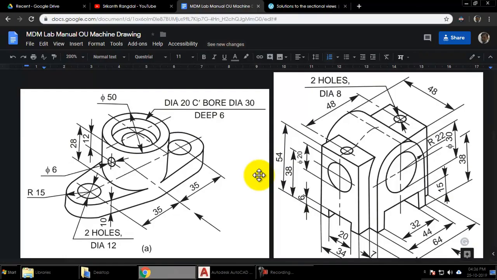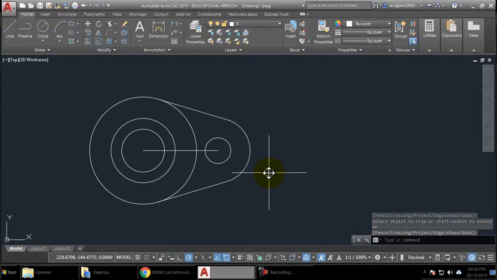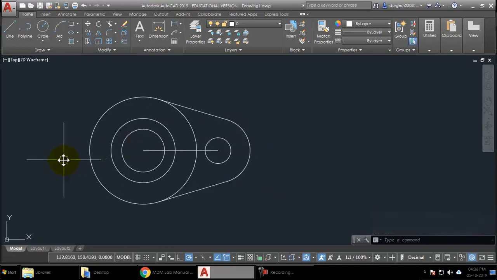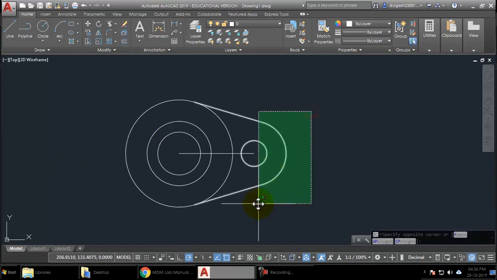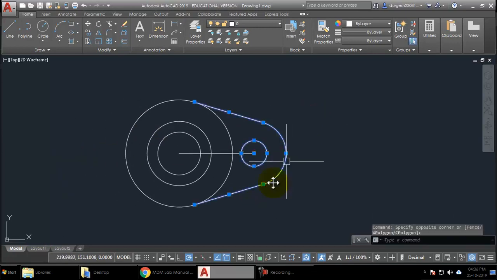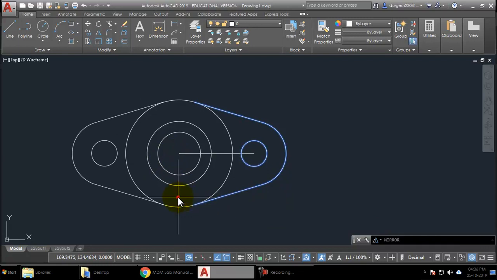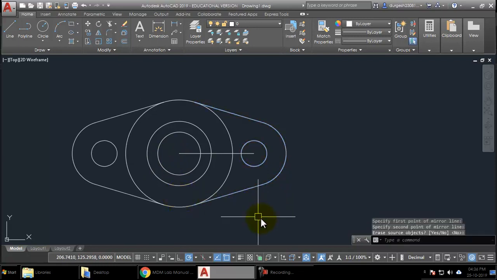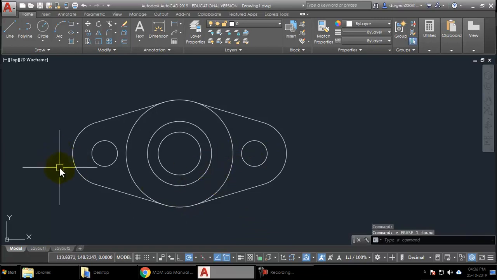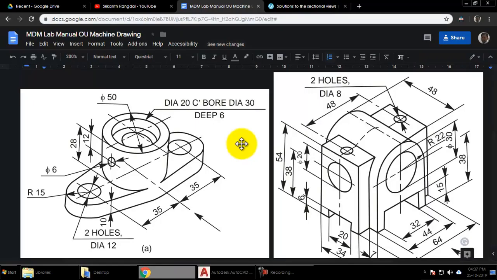Now the top view is almost complete. We just need the same part on this side. So you can make a mirror of this. Select all the parts, MI, enter, and then click the center and vertical line. Press enter again. This will make sure an opposite copy of the same appears on this side. So that's it. That is the top view. There is one more small detail required here, that is the diameter 6 hole that is appearing on the left side.